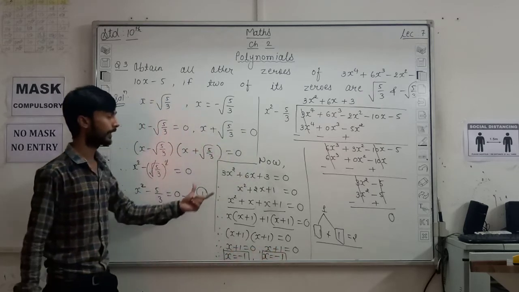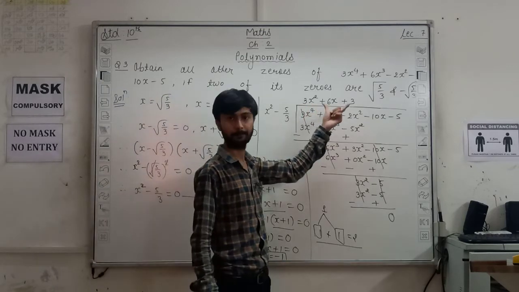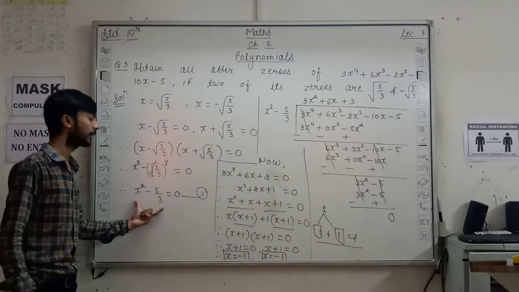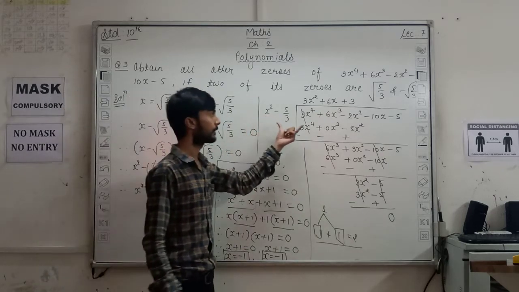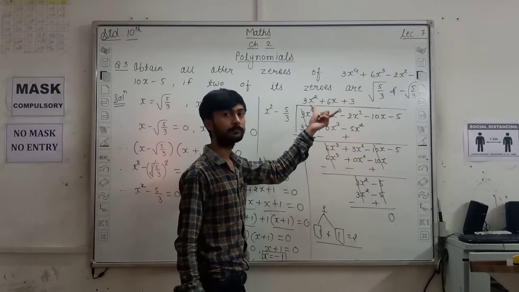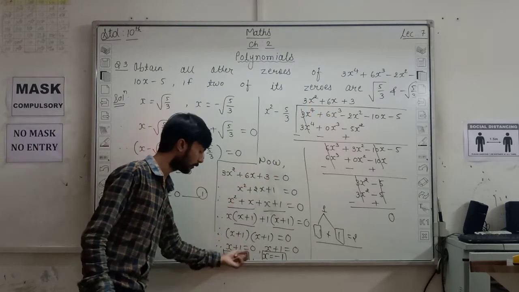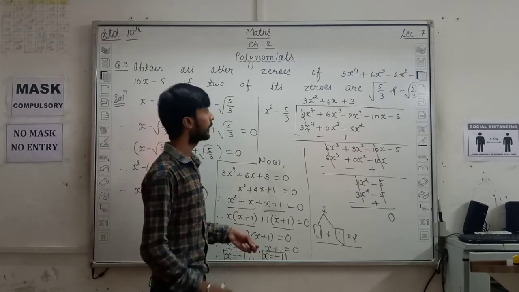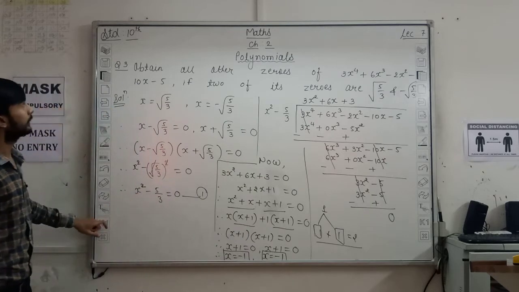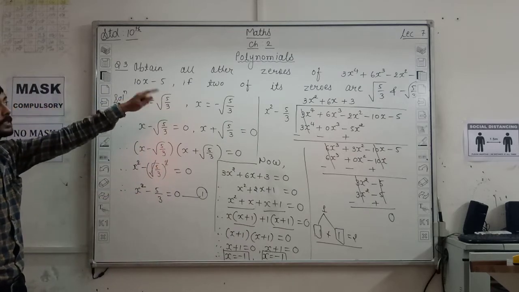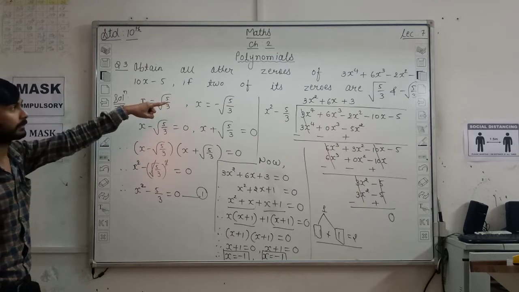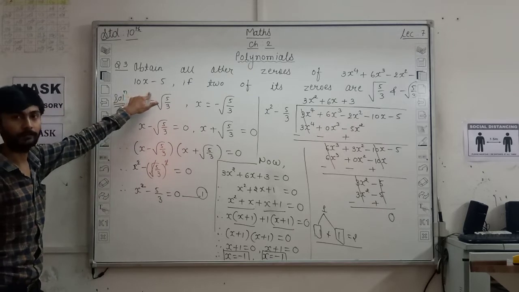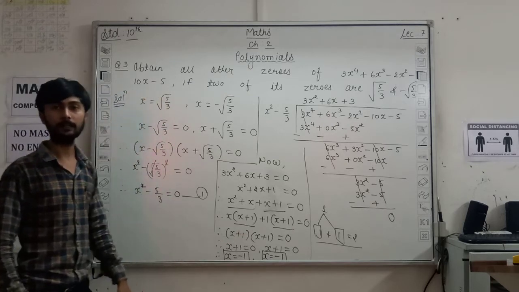Now see, this second polynomial, which is the quotient of this, where did it come from? The given polynomial, according to the zeros, whatever polynomial you got here, you divided it, okay? Then you get this polynomial, and then find its zeros. So the other two zeros are -1 and -1. Okay, so you have to write here the other two zeros of this given polynomial, 3x power 4 plus 6x cube minus 2x square minus 10x minus 5, are -1 and -1.